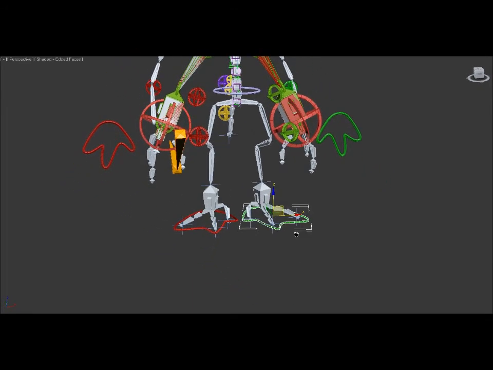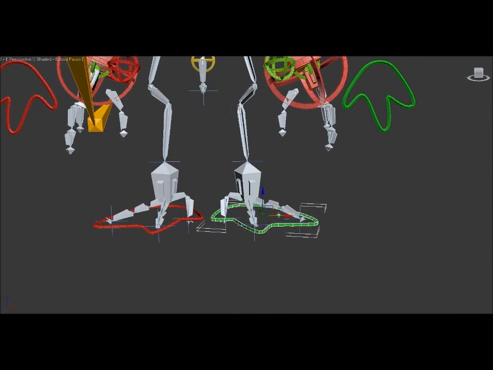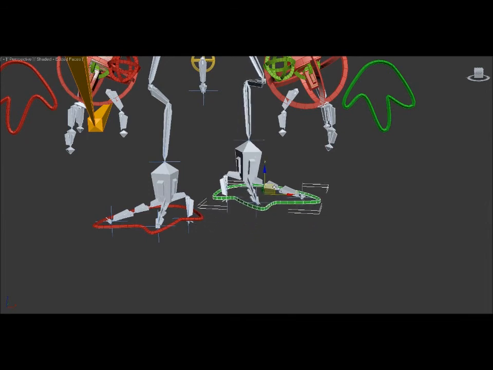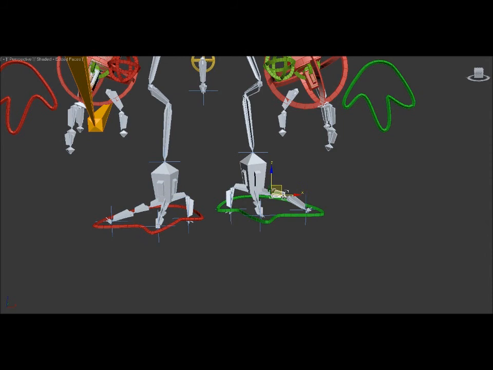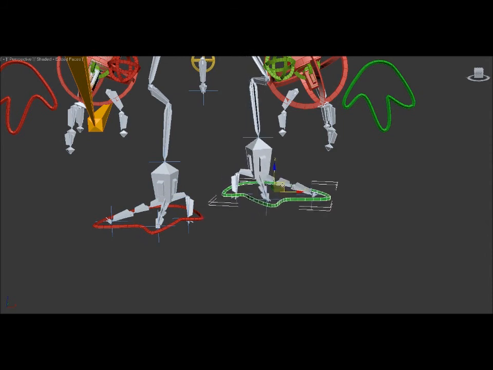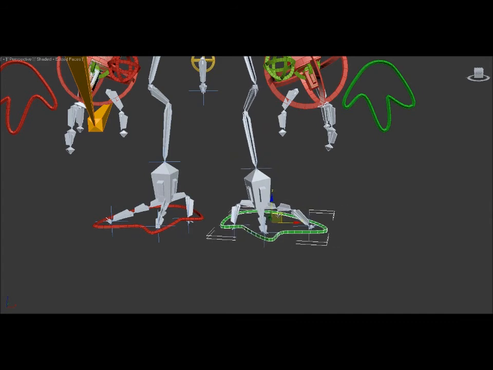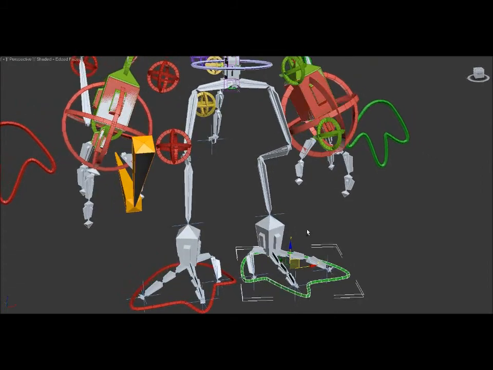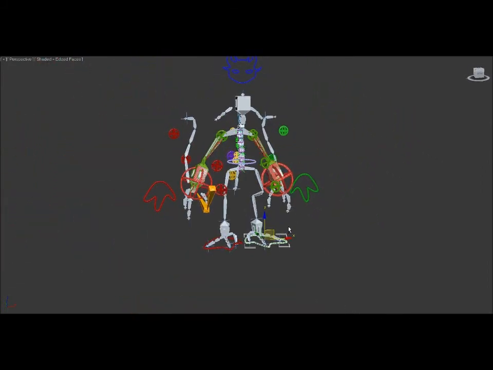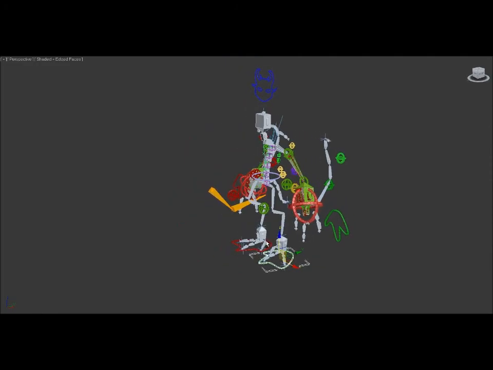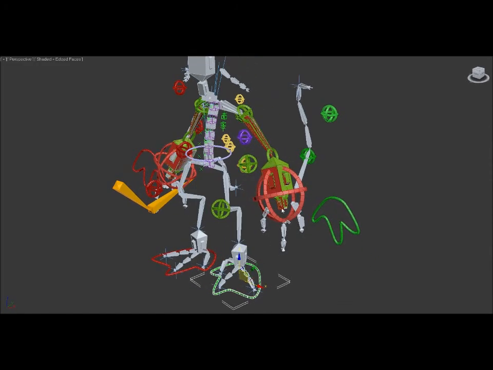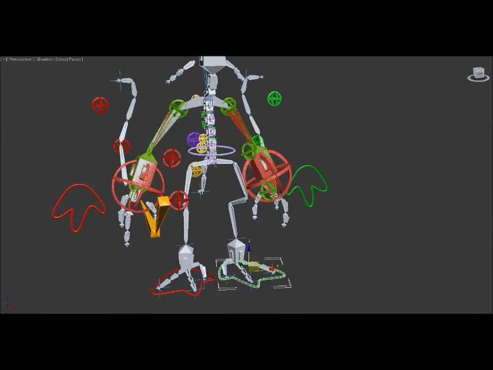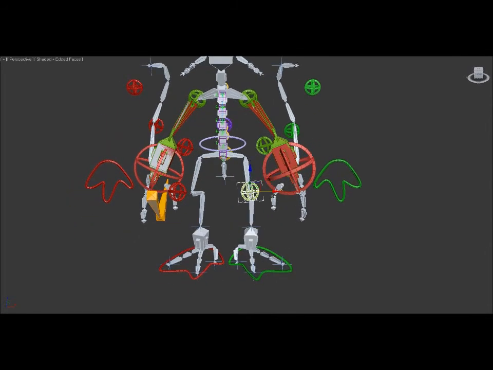We have a single connection to the foot from the ankle, as well as keeping these IKs within the toes, but also leaving some room for the animation for the toes when necessary. This character actually doesn't have a great deal of animation that could possibly be done to his toes. They look more like claws than actual toes, but it's up to personal choice. We have some knee swivel here as well,